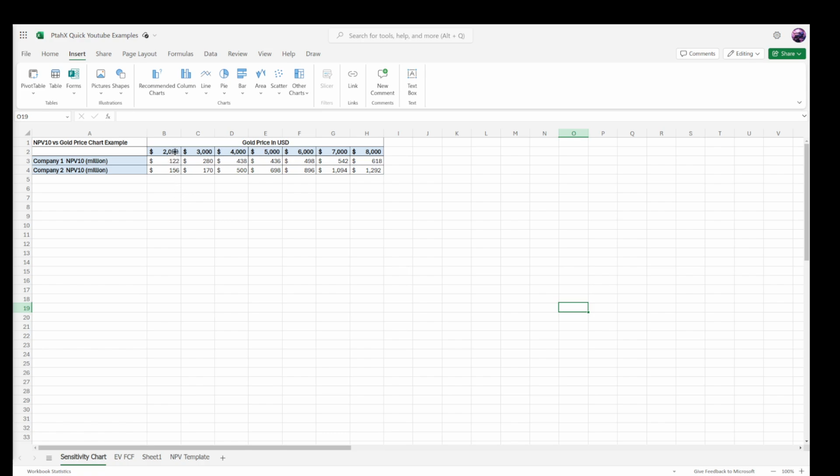at this gold price. So at 2,000, in theory, this would be 122 million, right? At 3,000, it suddenly went up to 280 million. Now, that is a whole other story, but all we want to do today is just look at how to